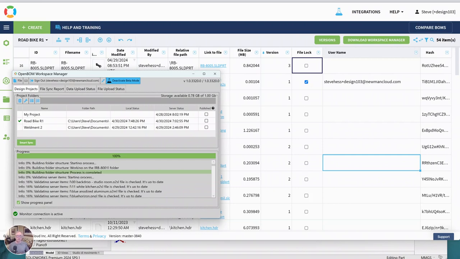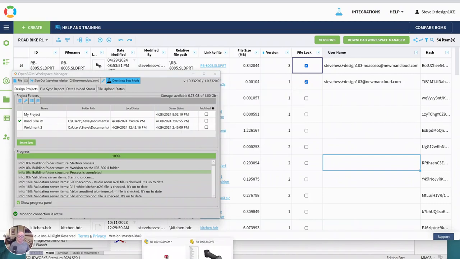On another screen over here, I'm signed in as another user who has access to this design. And I'm going to just watch this 8005 up here. I'm going to assert the lock on that as another user. So you see I've got a different username here. So what happens then? Well, let's go back to SolidWorks and continue our work on this design